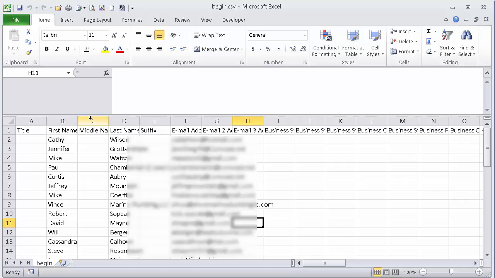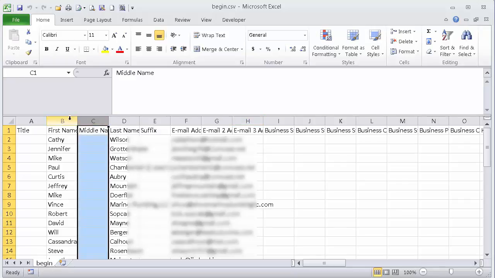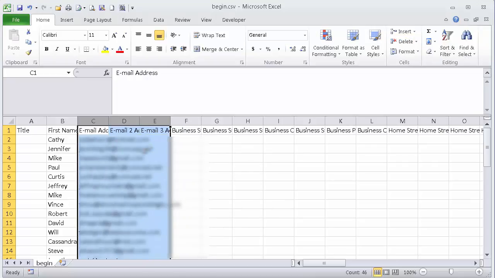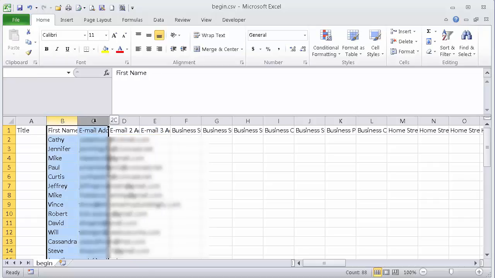So what we're going to do is the only information we're going to use is first name and email. So we're going to get rid of this. And so we click on the top tabs of the columns and drag over to highlight those, and then go to delete sheet columns. Click delete, and now we just have these two columns, and we're going to highlight them, click copy, and